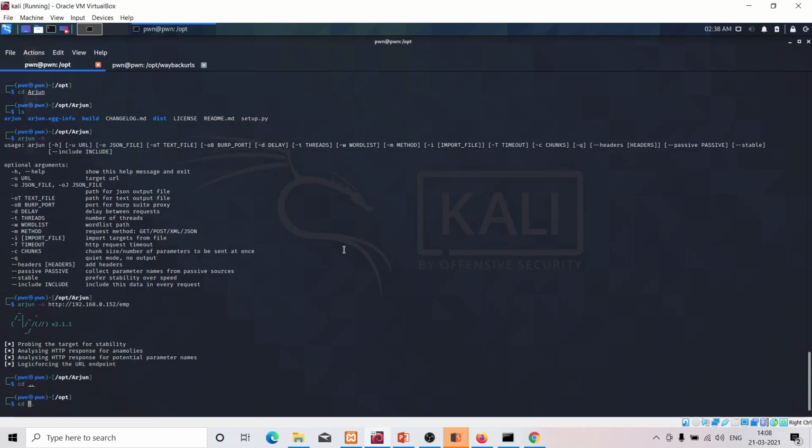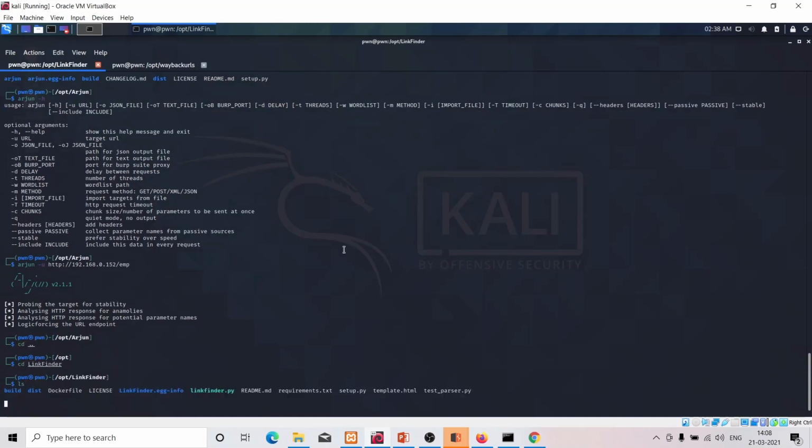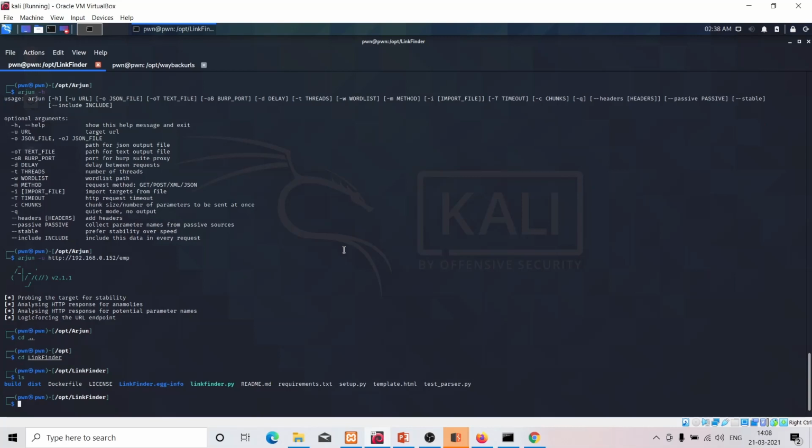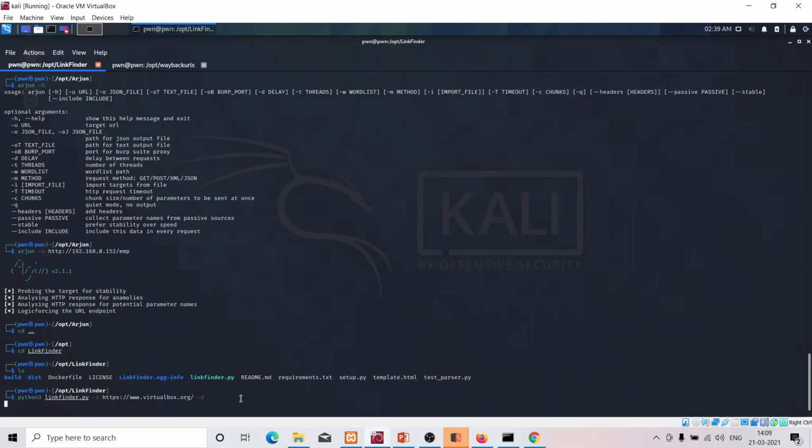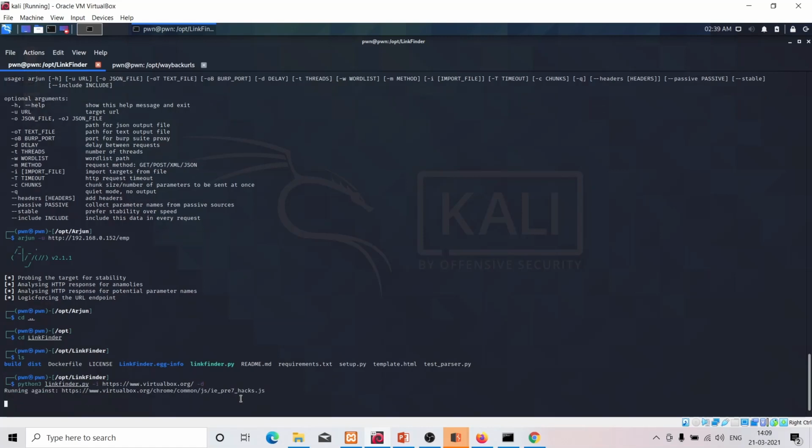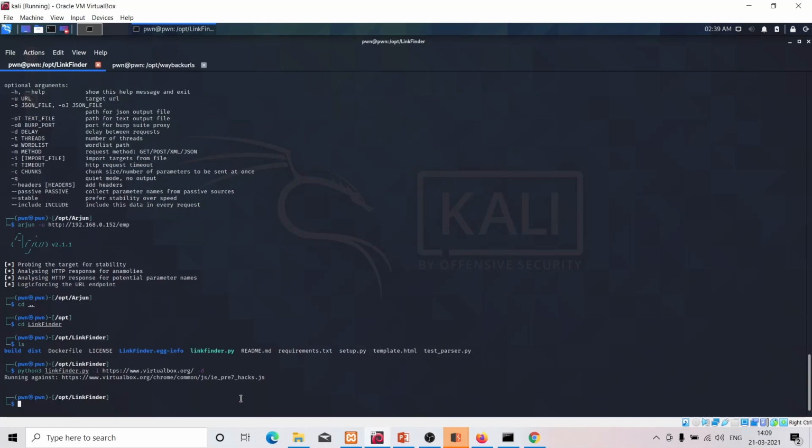Apart from that, there is a tool called LinkFinder. This basically helps you read the JavaScript files and check for directory URLs and everything. Using this is quite interesting. Let us use Python 3. So basically, let's use this one, and we will use the entire domain. Let's see if it works or not. Usually, if there is a permission error, it will show us.